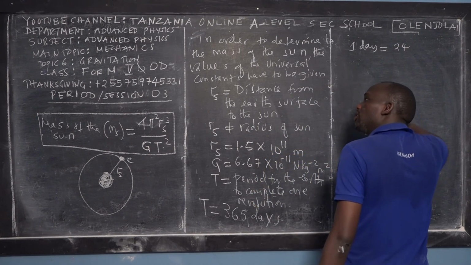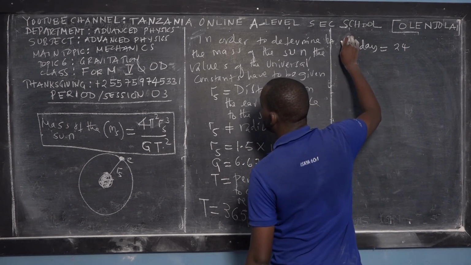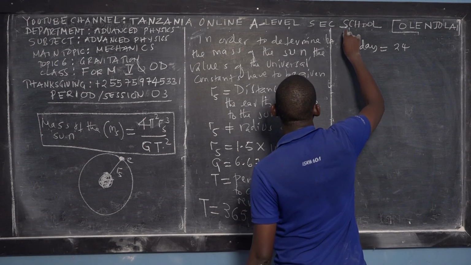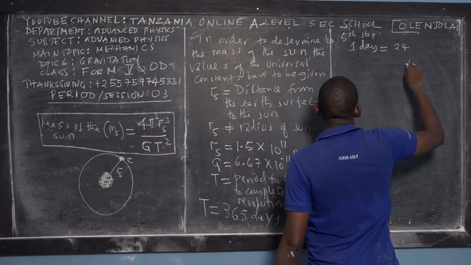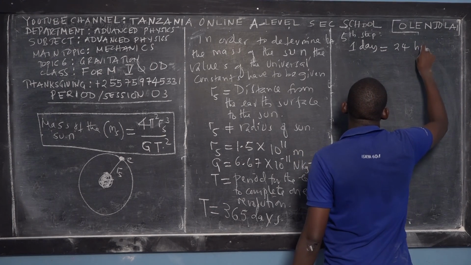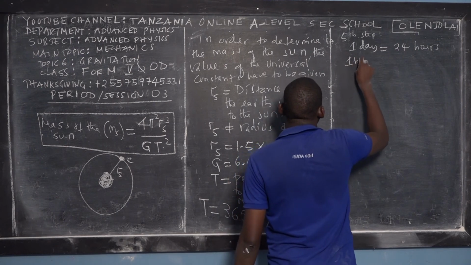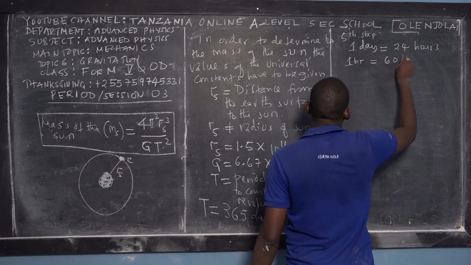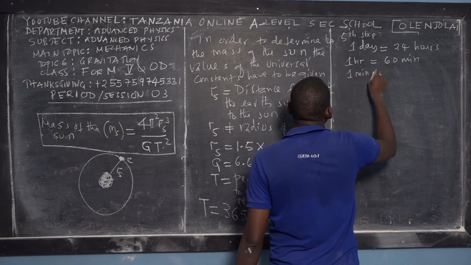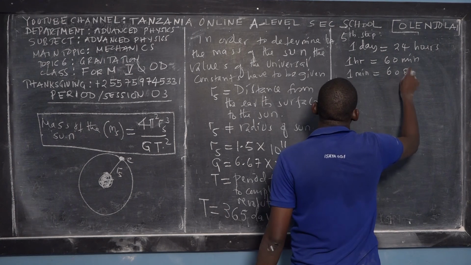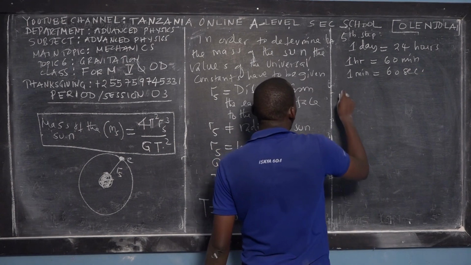How? We know that 1 day is equal to 24 hours. This is the 5th step, if I'm not mistaken. And then 1 hour is equal to 60 minutes, and hence we know that 1 minute is equal to 60 seconds. Right? So we say that a day